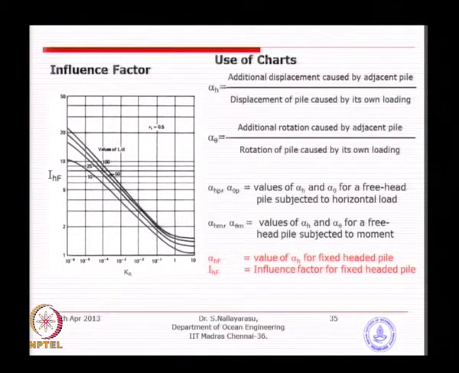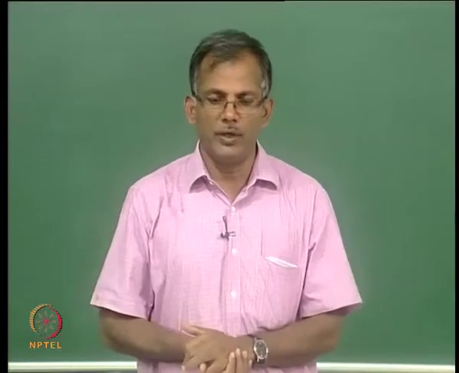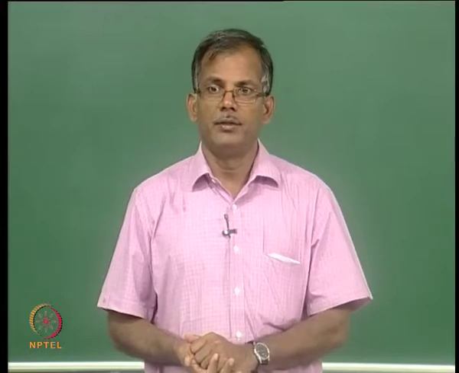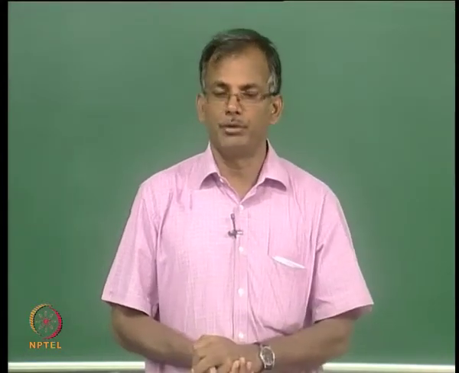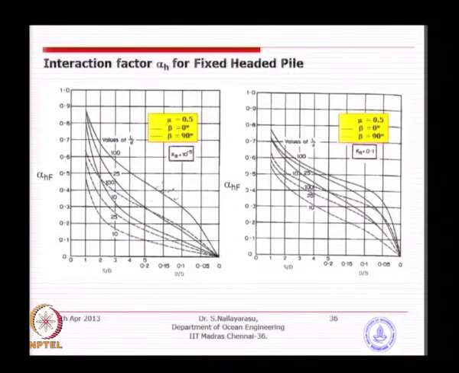So, normally you will not have a very big alpha h value, but when you add it to 1, you may have 1.2, 1.3, 1.5, and as the effect increases and the spacing gets closer, you will see that the alpha h value can reach as much as 2. In some cases you will find that you have to use a deflection increase of 2 times the original deflection. And then the various charts for reading the alpha h value are given here for a similar idea, beta 0 degree, 90 degree, and mu is 0.5.